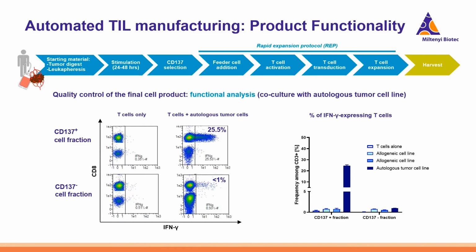Next, we wanted to assess the functionality of our TIL product and also confirm the advantage of the CD137 enrichment step. So we co-cultured the CD137 enriched as well as CD137 negative fraction with autologous and allogeneic tumor cell lines and measured interferon gamma production. On the left side, you can see the representative flow cytometry plots with a profound response among the enriched fraction,